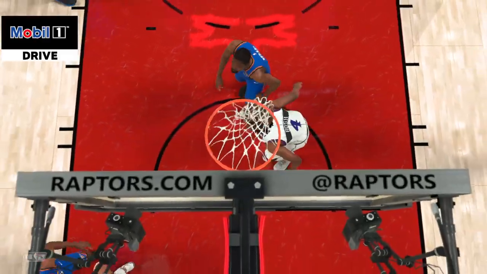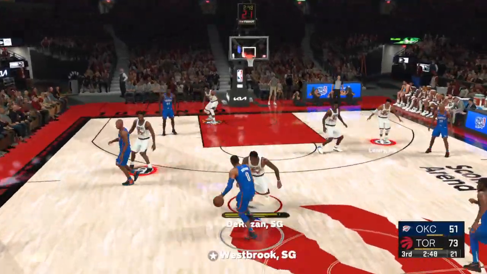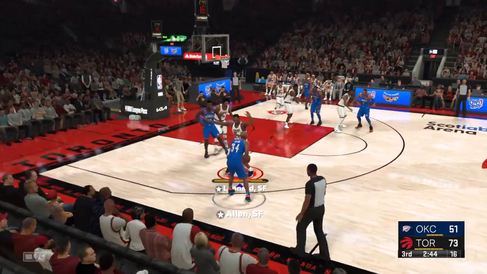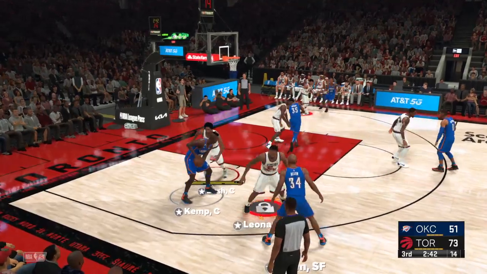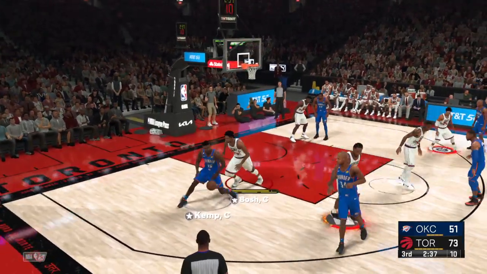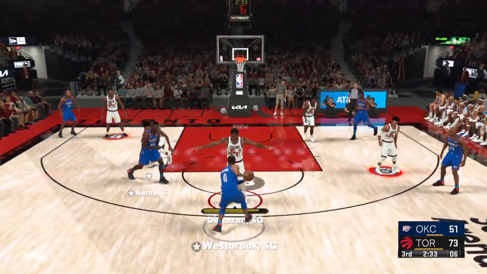He's got 8. You know, this guy just brings such heart and passion to the court. Lowry just doesn't let a little contact stop him from scoring. And that was another look at the fantastic Mobile One drive that happened a moment ago. That's an incredible move by him on what's been an impressive night all around. Now, here's Kemp. Clock at 6.